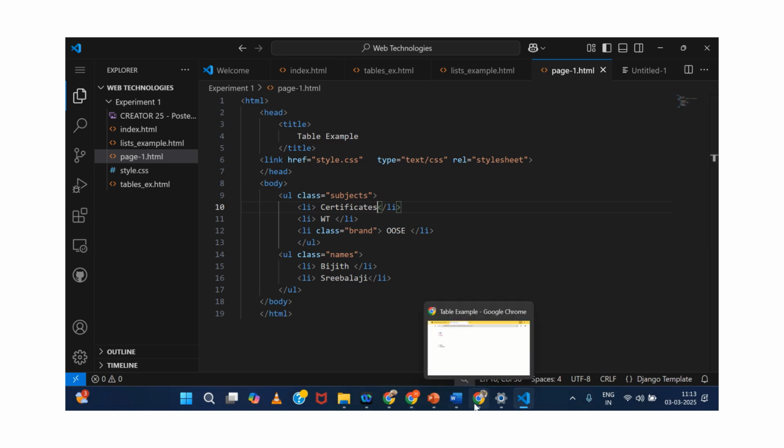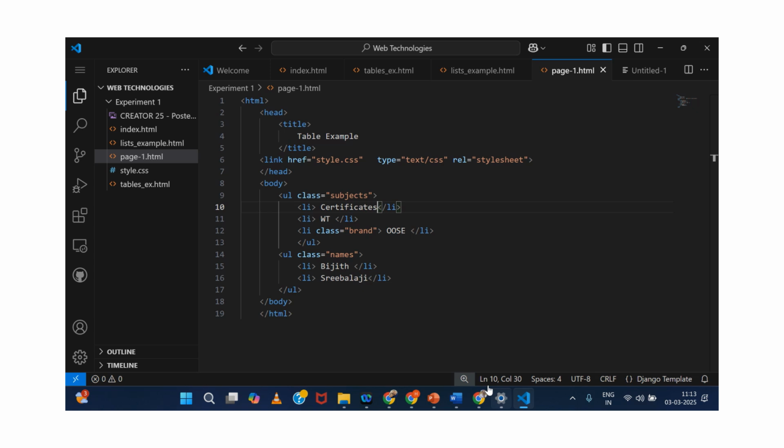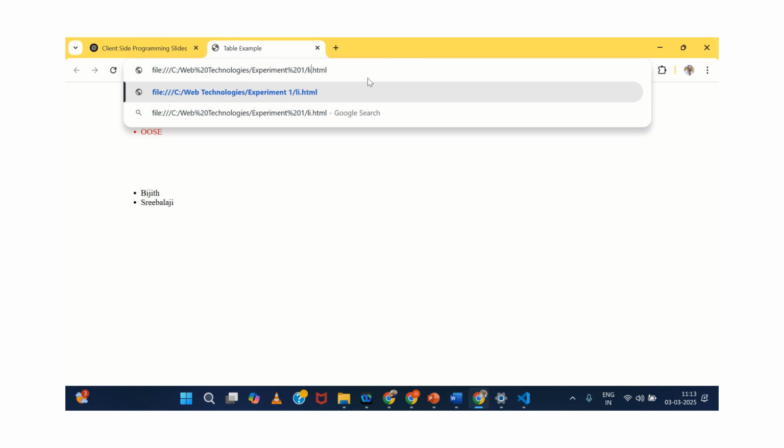So when I open that page1.html, where is that? Instead of list example, I just need to save this. And here I can simply open page1.html. So I got that certificates here. Right. So I got that certificates written here. Okay, this is page one. You can see that